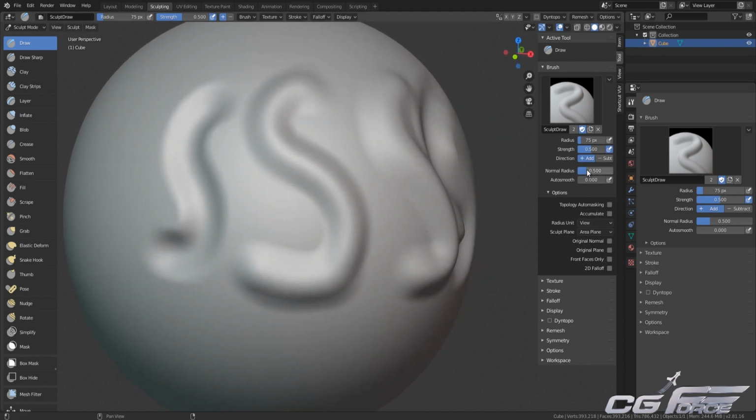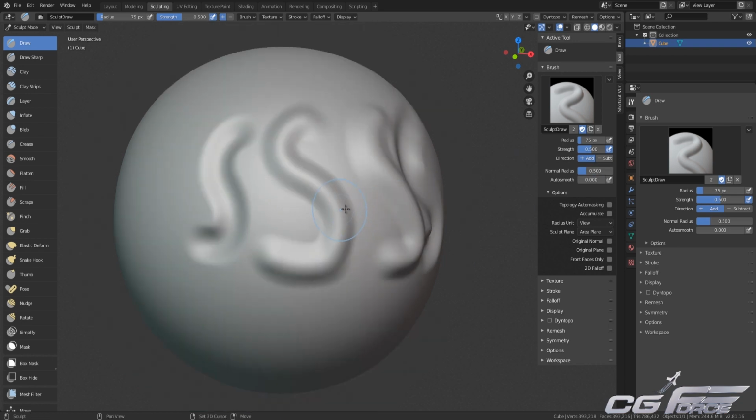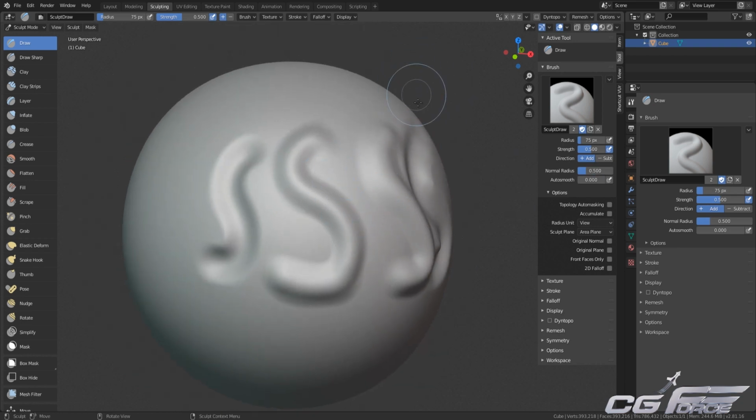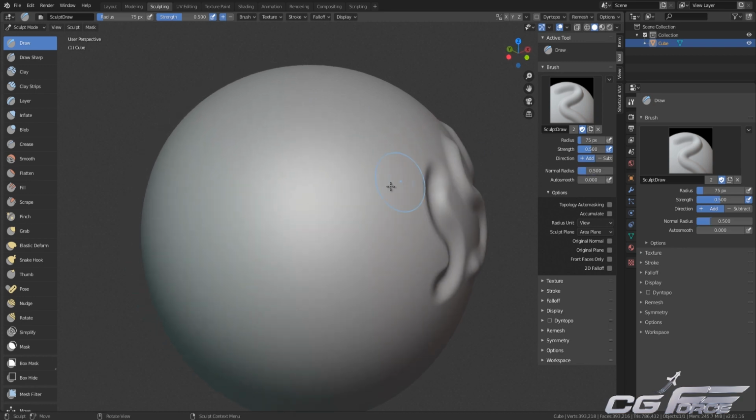Then we have normal radius. Normal radius is actually the ratio between the radius of your brush and the radius which is sampling your normals on the surface of your 3D model when you start stroking. So the normal radius can be changed according to your personal preference. If the normal radius is completely 0, you can see there is no effect on your 3D surface anymore. So if you crank up to 0.5, it's going to add more of a